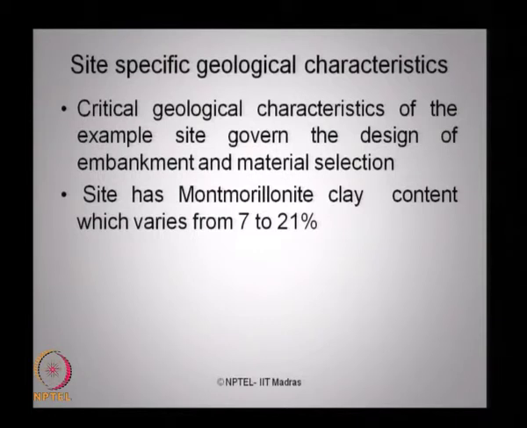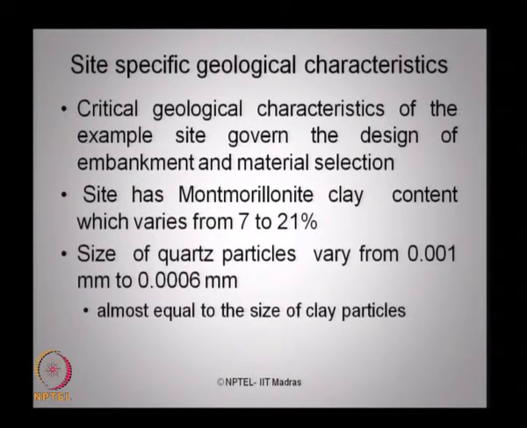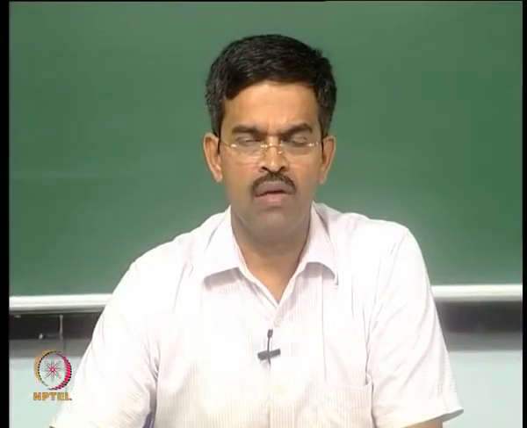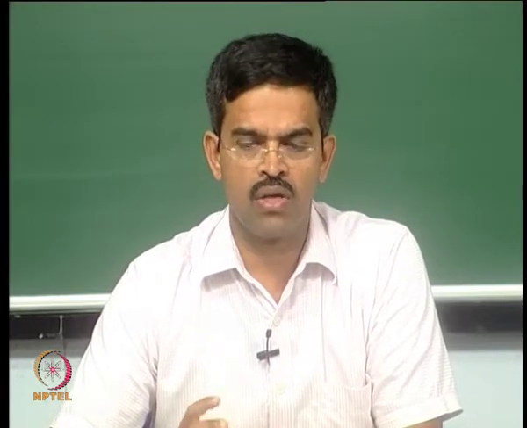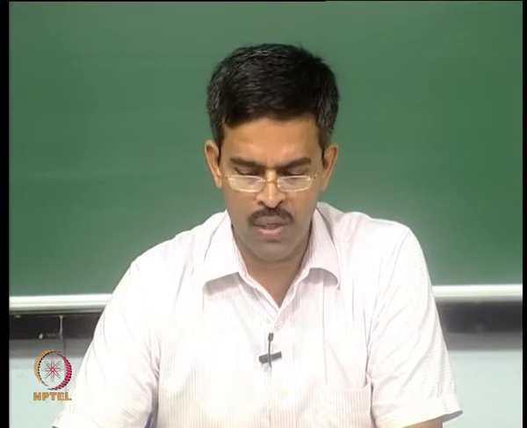The site has Montmorillonite clay content which varies from about 7 to 21%. What is the specific contribution of this type of clay in erosion? The size of quartz particles available in the site varies from 0.001 millimeter to 0.0006 millimeter, which is almost equal to the size of clay particles. It means in the site even quartz particles of a larger diameter are not found. It is a fine clay content present along the coastline in the specific site of subject of discussion,